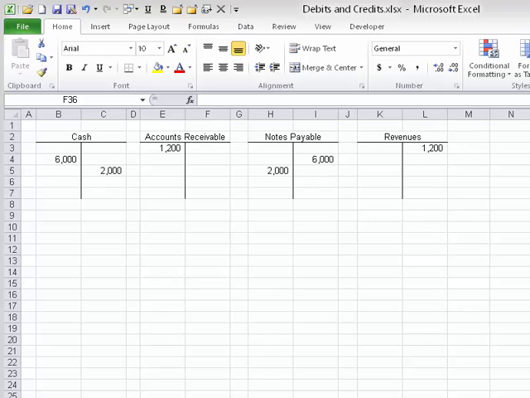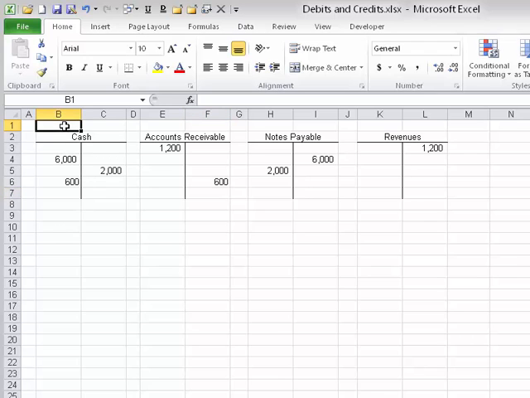Okay, so our customer is going to pay us for just half of the tax return. So we had made the sale for $1,200. We said they owed us $1,200. We're going to get paid $600. So our next transaction would be an increase or a debit of $600. We increase cash with a debit. Our debits have to equal our credits, and we credit accounts receivable because now the customer only owes us $600